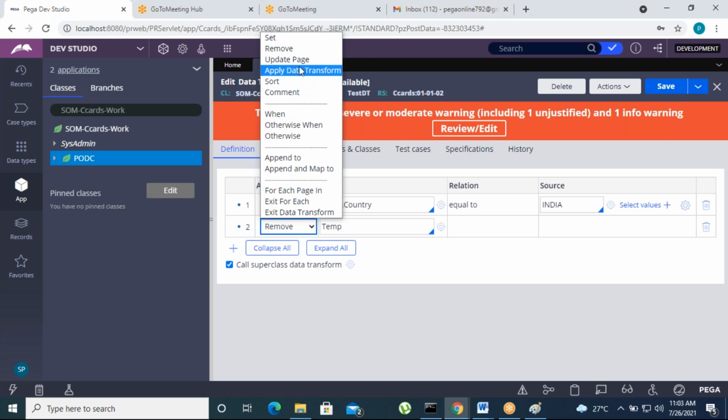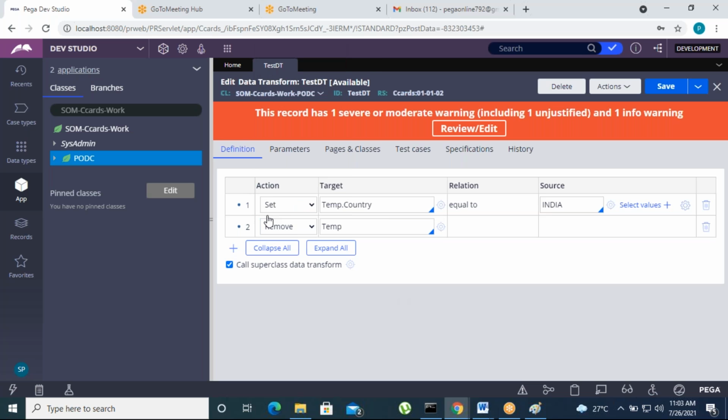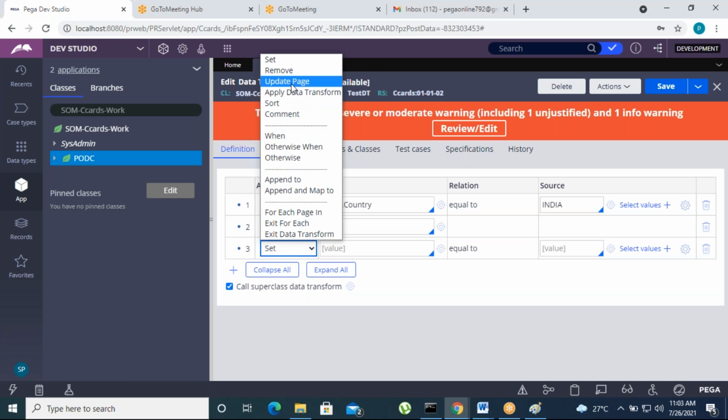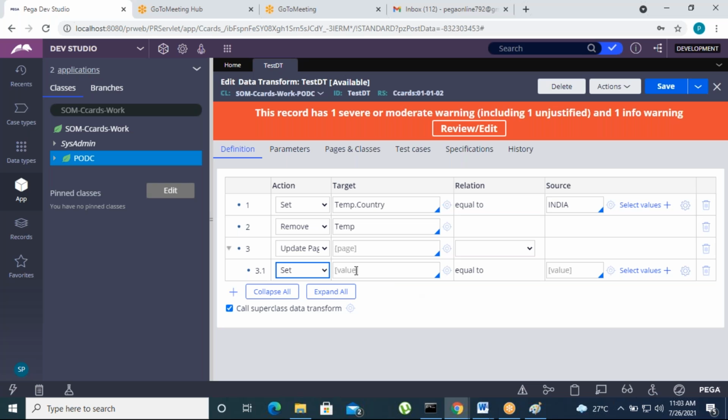So what is another action? Updating. Suppose the page is deleted. I want to update some new values on the page. Okay. So let's click on update page. It will ask you for the page name here, which page you are going to update. Temp. Okay. So set some values here.